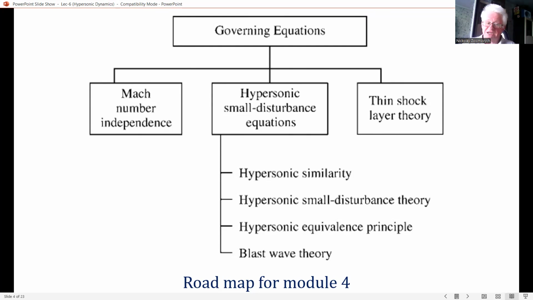From these governing equations, we have proven mathematically the existence of Mach number independence, which you may see in the left box in this slide. We have also obtained the hypersonic small disturbance equation in the same lecture number 4, represented by the center box